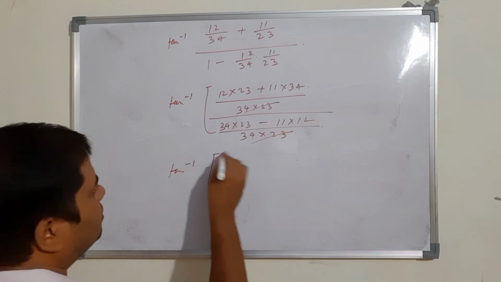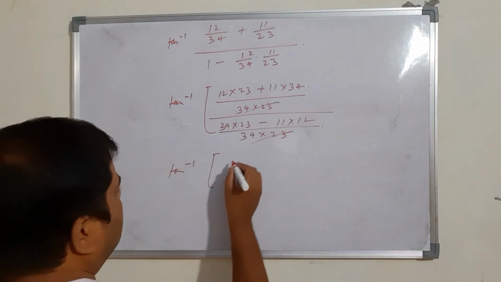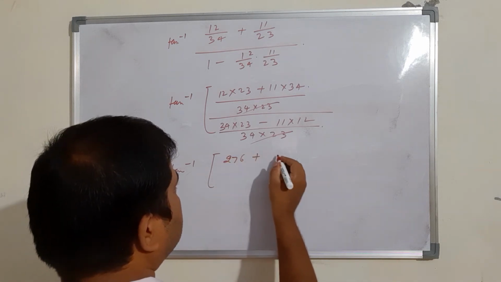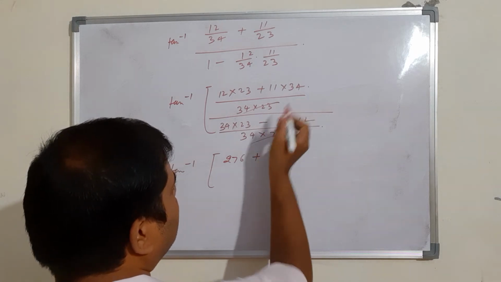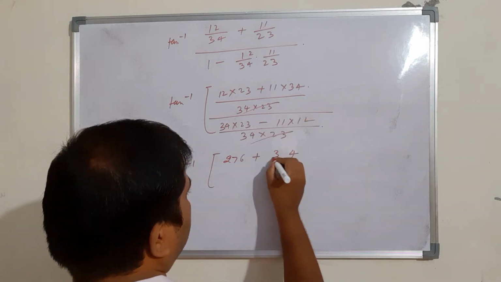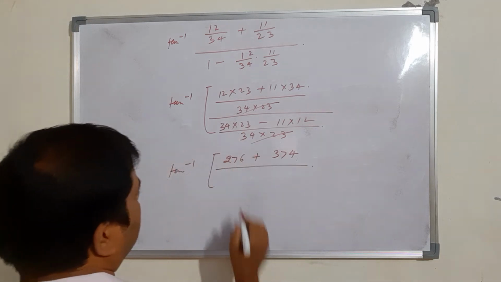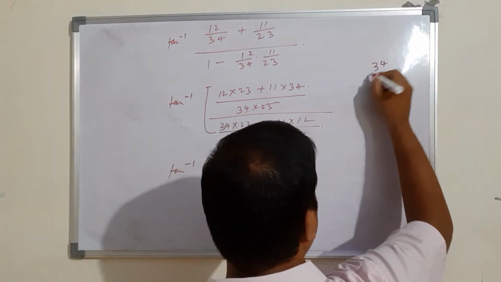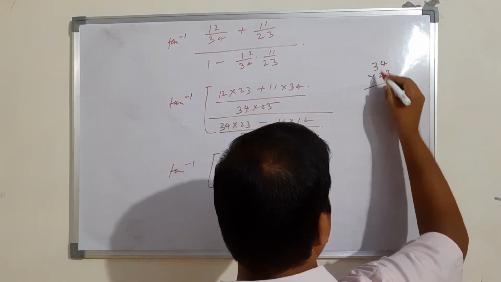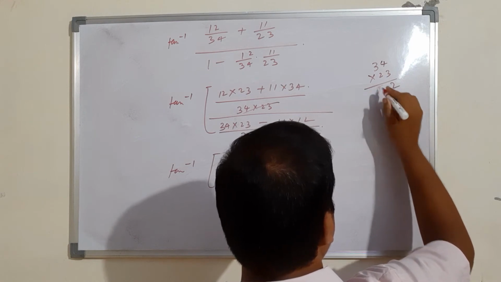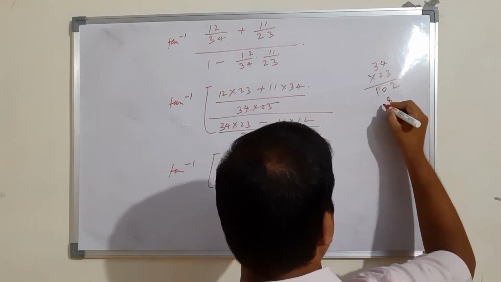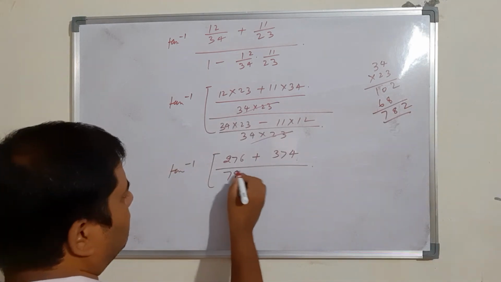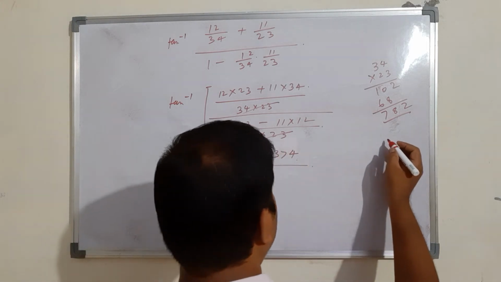This is tan inverse of 12 into 36, 12 into 24 into 27 plus 11 into 44, 11 into 33 and 4 into 37 divided by 23 into 34, 34 into 23, this is 312, 102, and this is 8, this is 6, 2, 8, 7, 782 minus 11 into 12, 12 into 1 is 12.